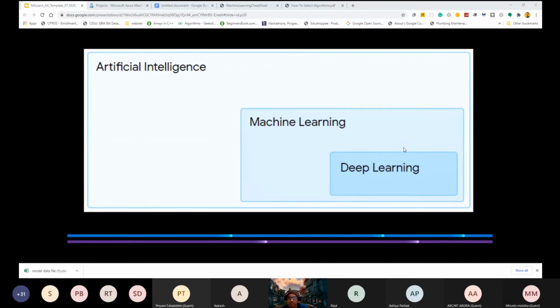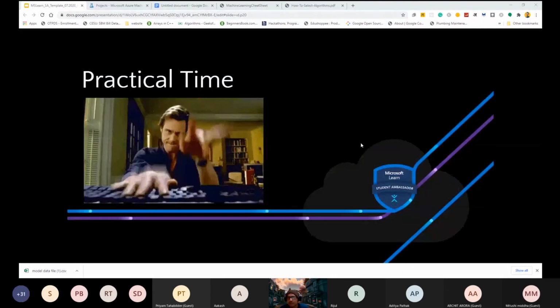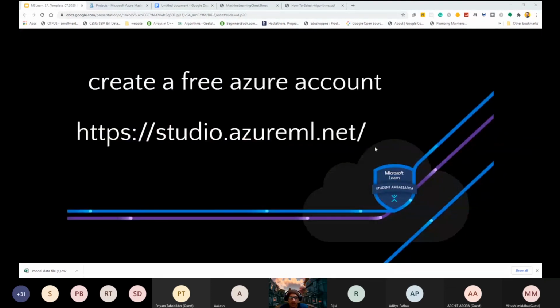It connects models to other models in layers in order to handle more complex types of data like image processing, face recognition, object detection, and speech recognition. So they are using deep learning models. Yep. Now it's practical time, and I will teach you how to create a model using Microsoft Azure